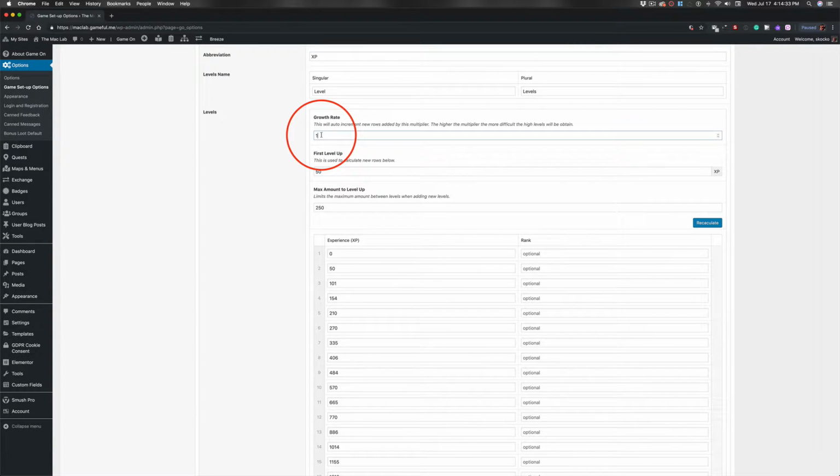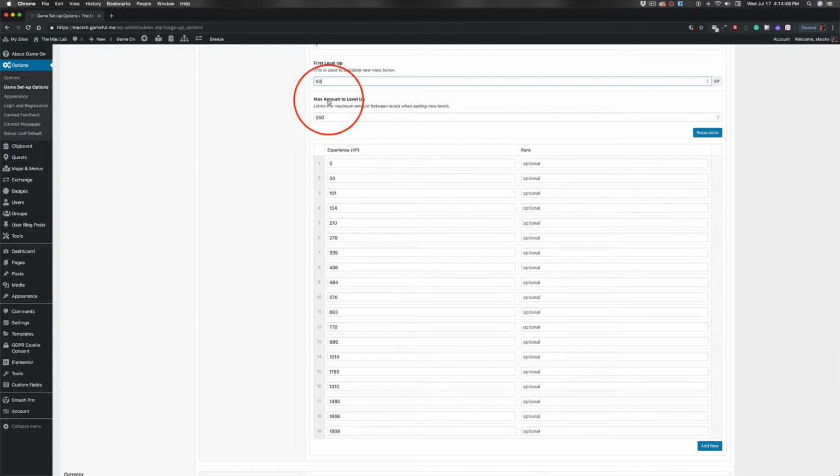So I have the lowest possible growth rate, and you'll see that these levels jump up quick enough. Where do you start? Where's the first level up? You always start with 0. That's where the game begins. So you get to 50 XP, you go to the next level. And here's the max to level up, because these numbers, even though it's like 50 between the first and second level and 51 between the second and third,